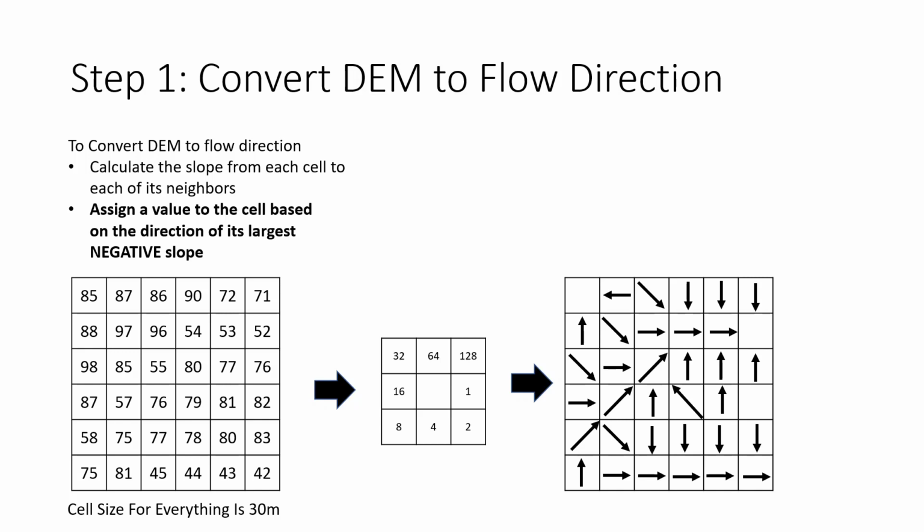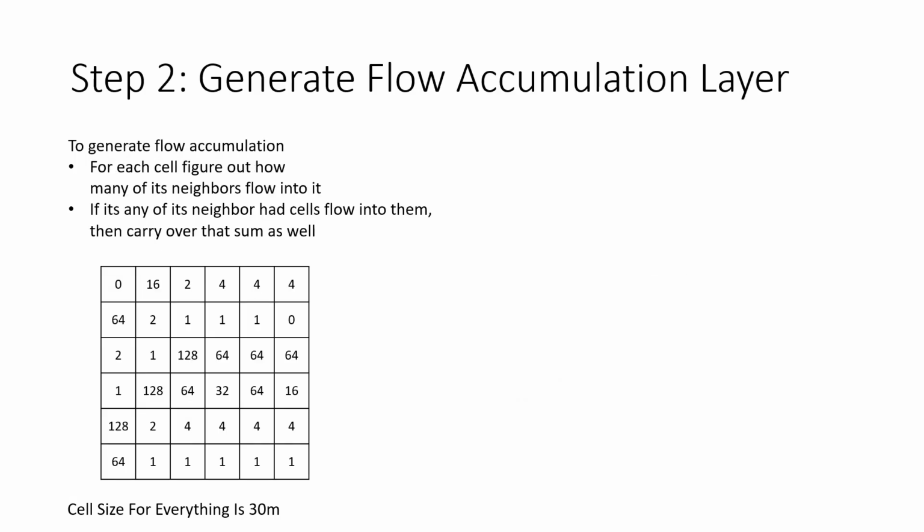Again, your computer would be using the coded values, but in terms of explaining the processes, I think it's a little bit easier to use these visual arrows. A down and to the right arrow is the same as a coded value of 2. Okay, so once we have our flow